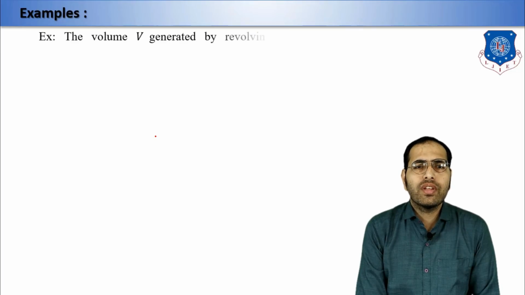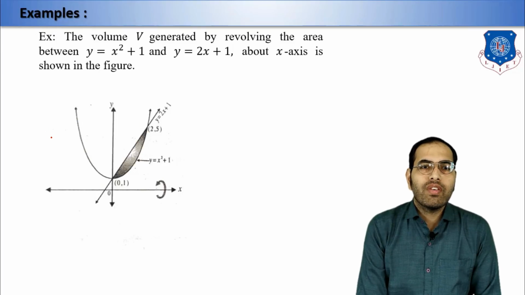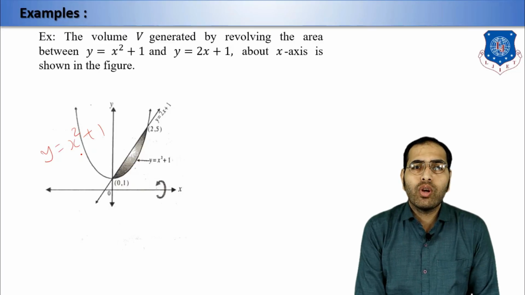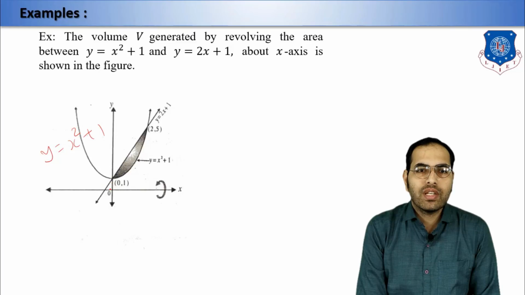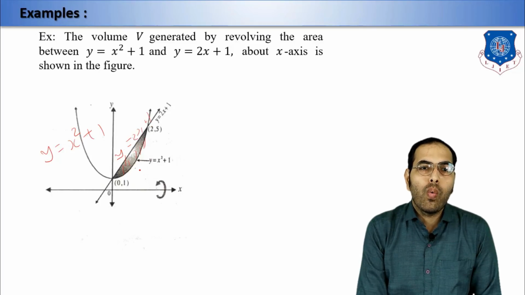In this graphical representation, we have the equations. This one is the equation of the parabola, y equals x square plus 1, meaning substituting the values of x equals 0, 1, 2, 3, 4, 5 and so on, we get the values of y and plotting these, we find this type of shape. This one is our intersection point of the line and parabola, that is (0, 1), and this one is (2, 5), and we have to find this region, and this is the equation of the straight line, that is y equals 2x plus 1.